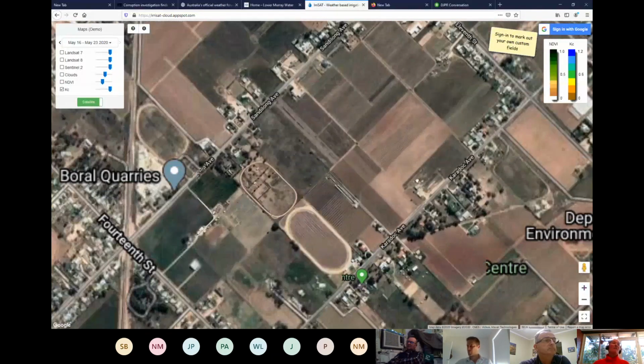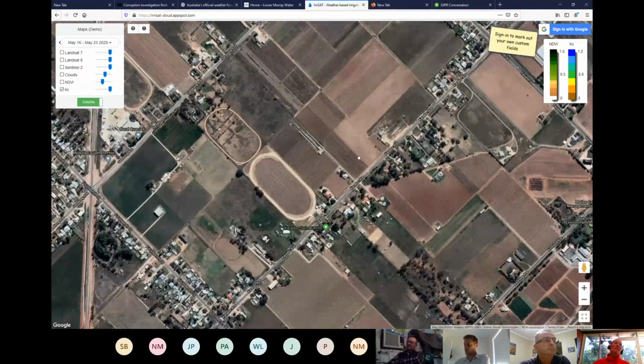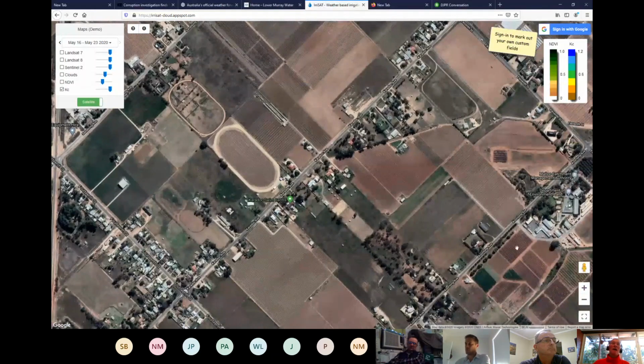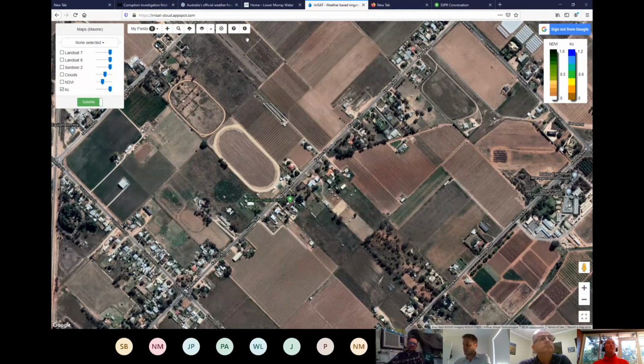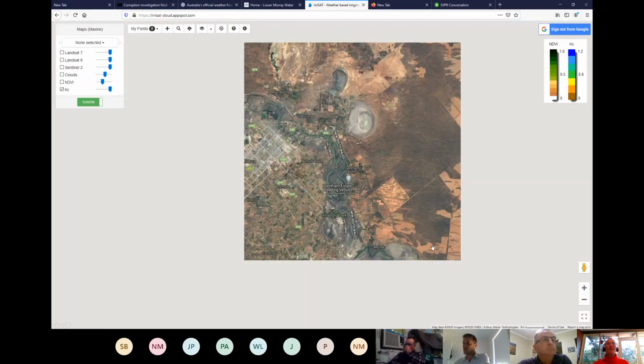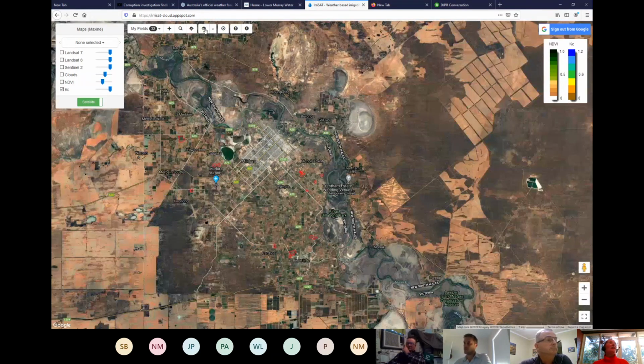All right, so make it so that that's department there, so that if you wanted to draw around that, it's big enough that you could actually do that. Now I'm just going to sign in with Google, and it's going to just drag me there. But what I would like you to do is, when you've got your property in the middle of there,